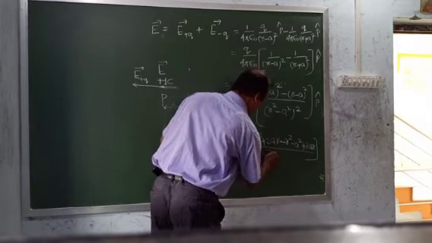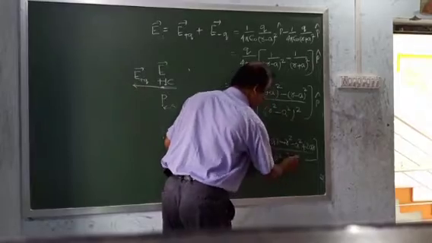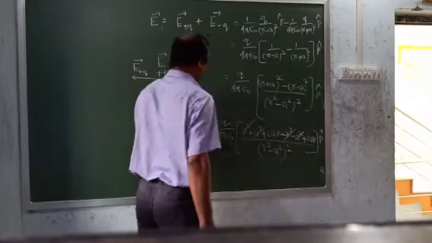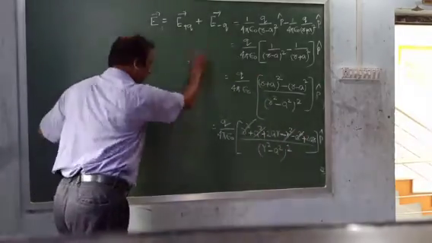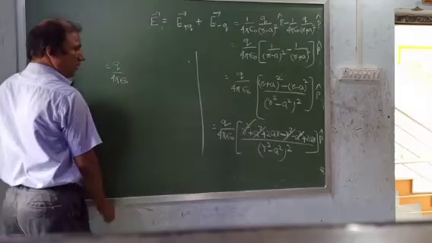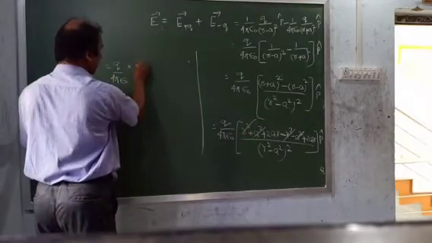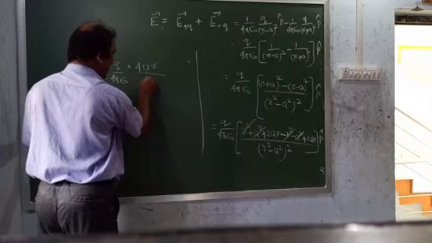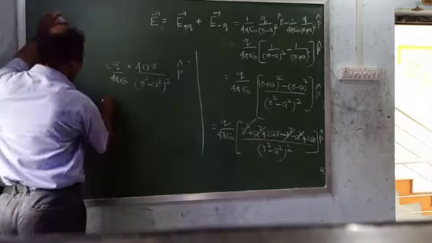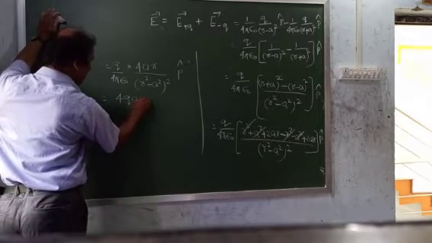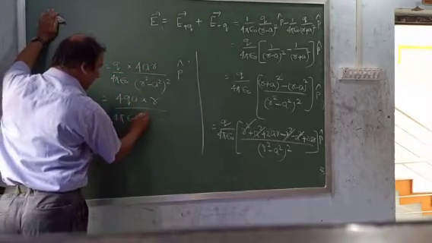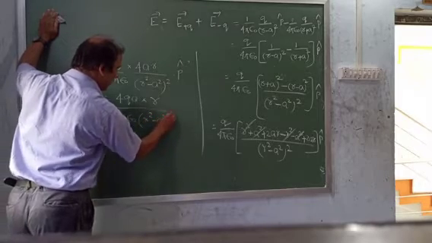Divided by (R square minus S square) whole square into P. Is it clear? So now R square, S square will get cancelled. Only thing that remains is Q by 4 pi epsilon naught, 2AR plus 2AR is 4AR, divided by (R square minus S square) whole square, into 2. So this thing I can write as 4QA into R. Q into 4AR is 4QAR divided by 4 pi epsilon naught (R square minus S square) whole square into P cap.